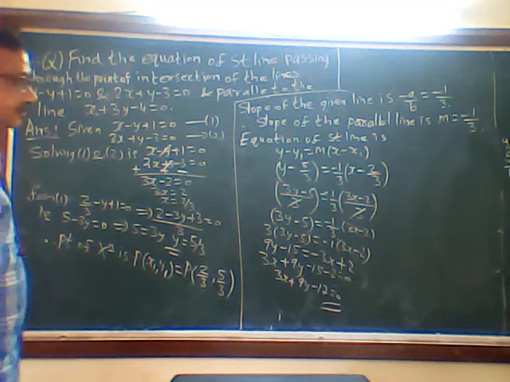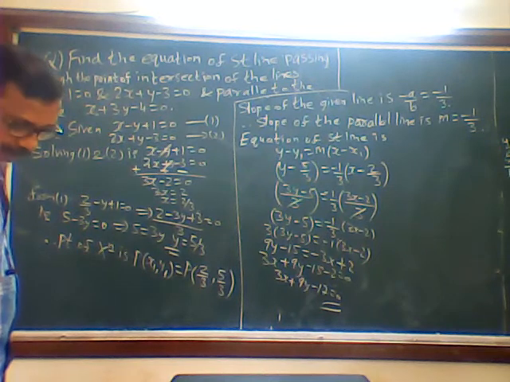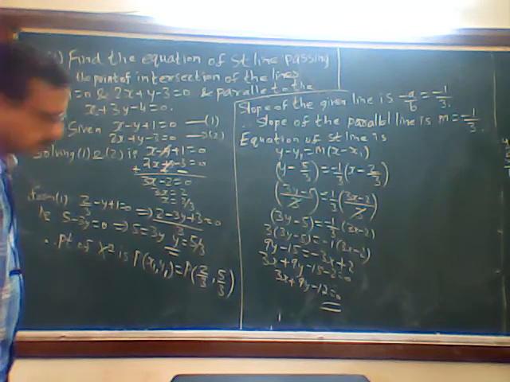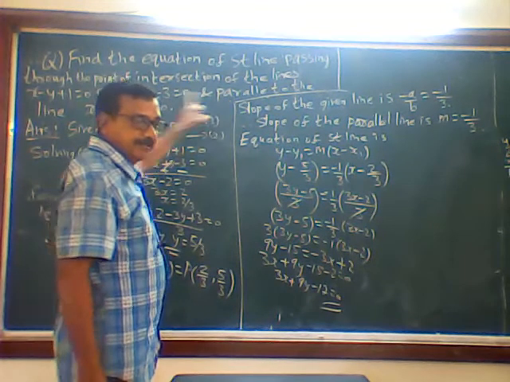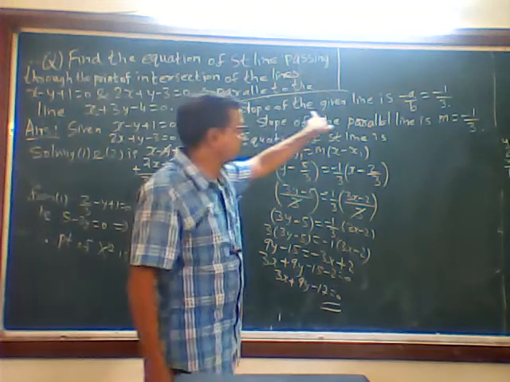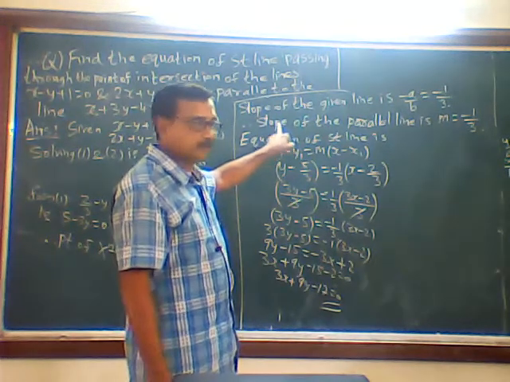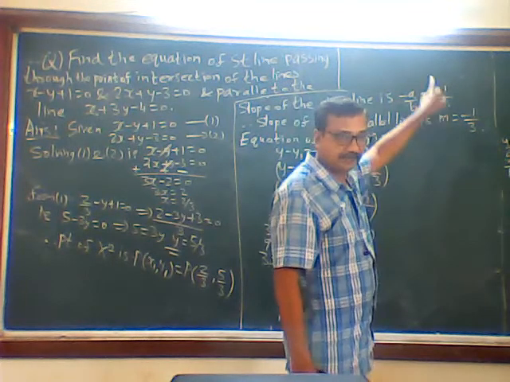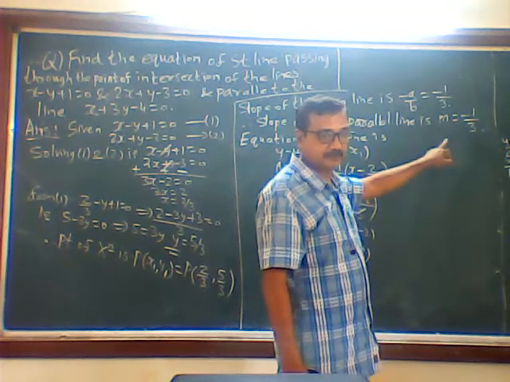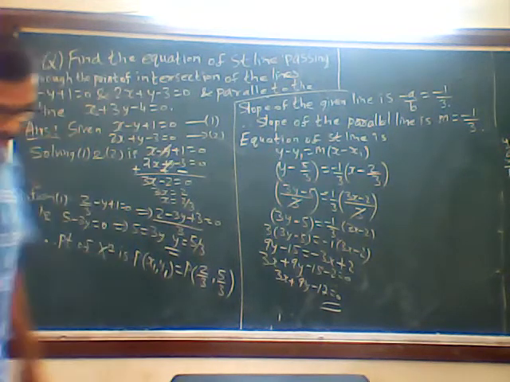So this is the way they ask the problem. The previous problem was the 2-point form, now this is the 1-point form. Got it? Now the same problem, instead of parallel, he may ask you perpendicular to the line. That time what you have to do? The slope of the given line is this only. Then you have to say, therefore, the slope of the perpendicular line is m. You are going to invert it: minus 1 upon 1 upon 3. Minus minus goes, it will become 3. That way. Okay, we will do that problem also.